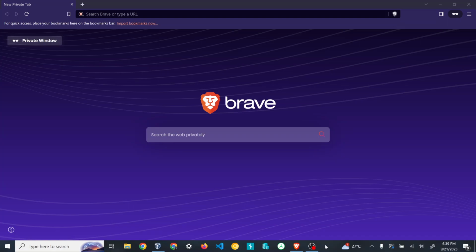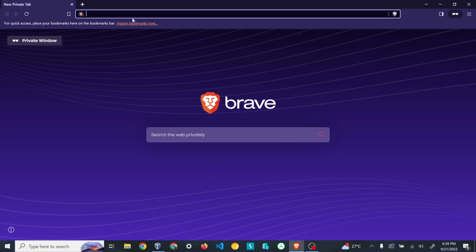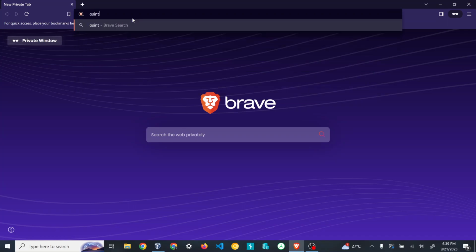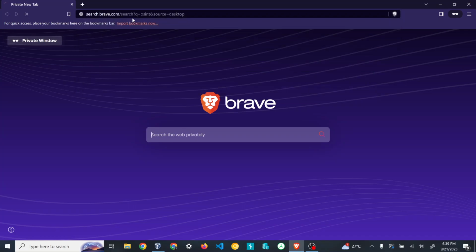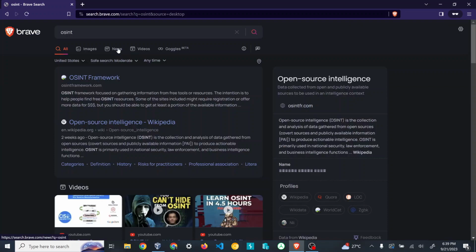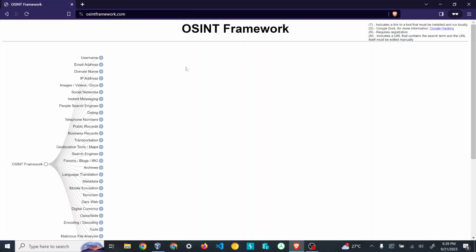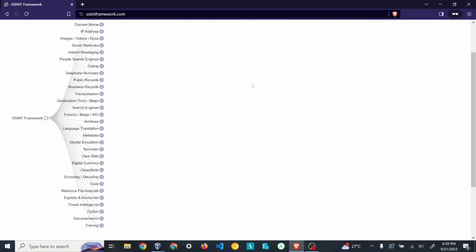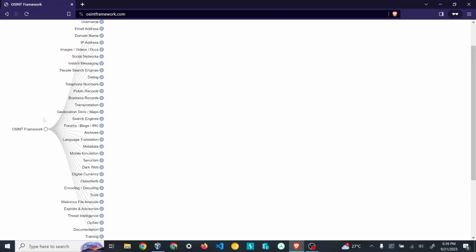So today I want to talk about only one website, the website that is very much useful. This is like a starting point for OSINT, open source intelligence. So the website is osintframework.com. So here you can see there is a kind of a mapping that has been started from OSINT framework,